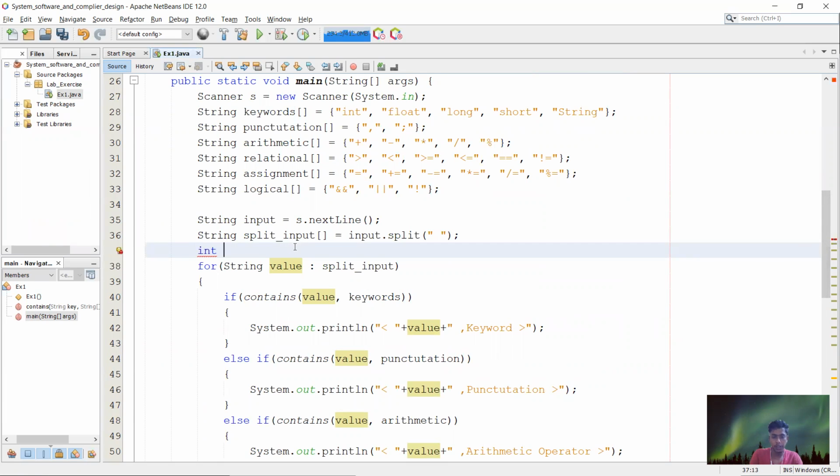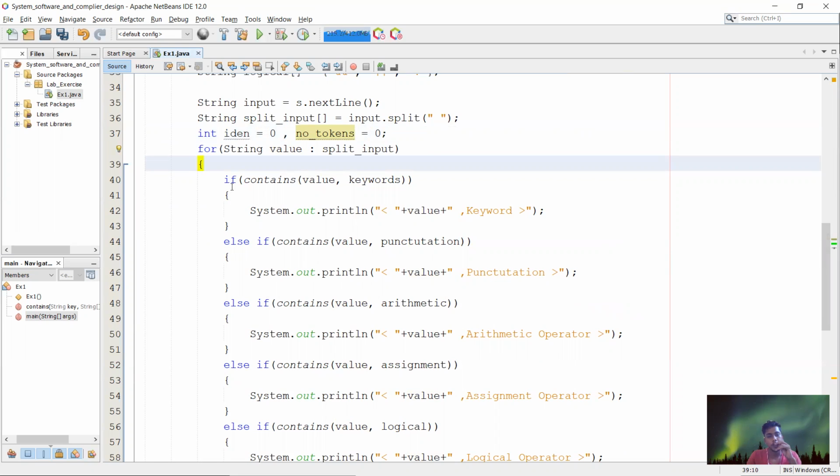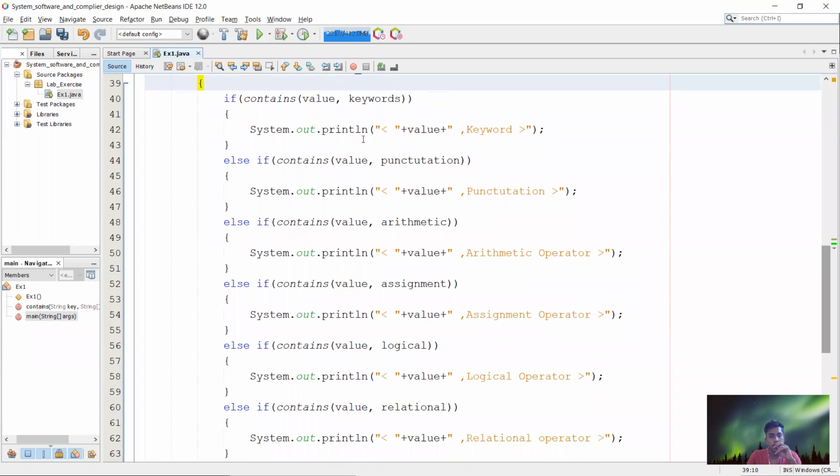We can declare two variables, one for identifiers, which we take as 0, and another for the number of tokens, which we also make 0. So both will be 0. Inside that for loop, if and else, everything will be considered as a token. The arithmetic, punctuation, keyword, everything will be considered as a token.